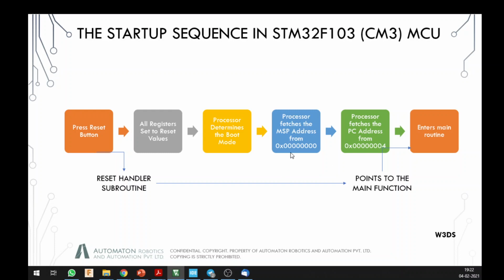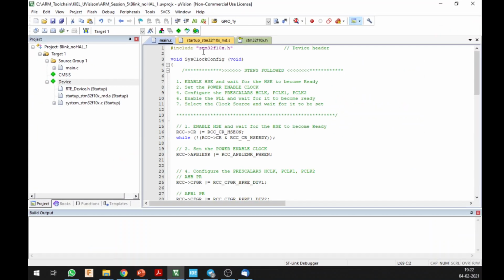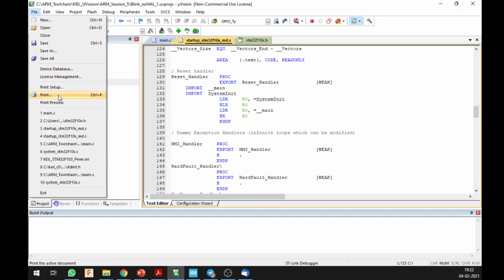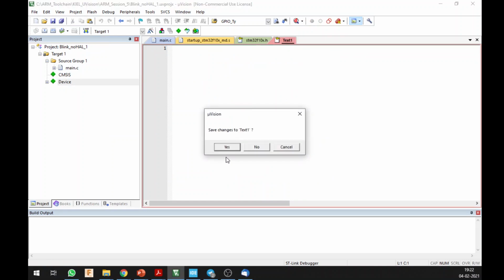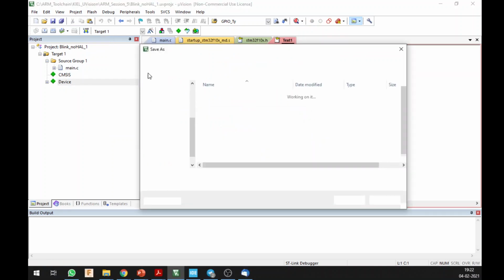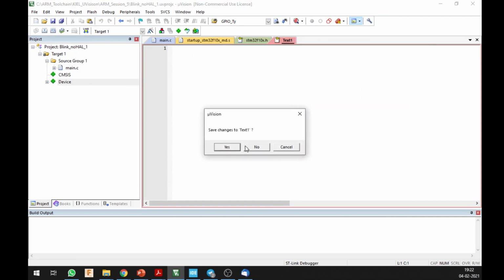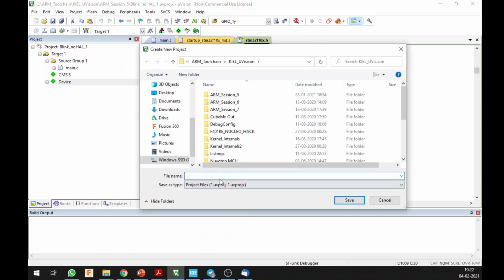So alright, now when we see the program implementation of this, it is basically the file which has the startup sequence, and I got this by going to file. When I went to project and I started my new project, I had an option for it.